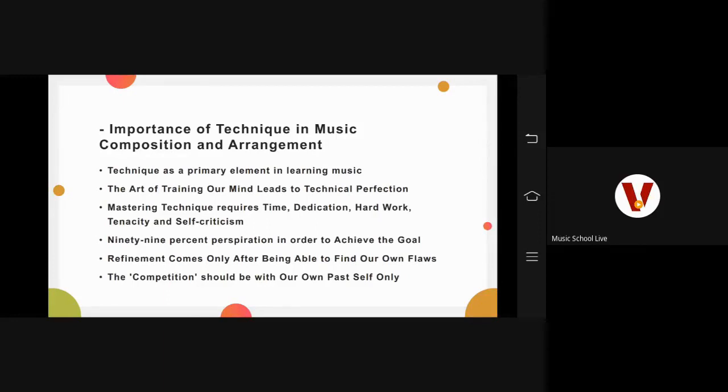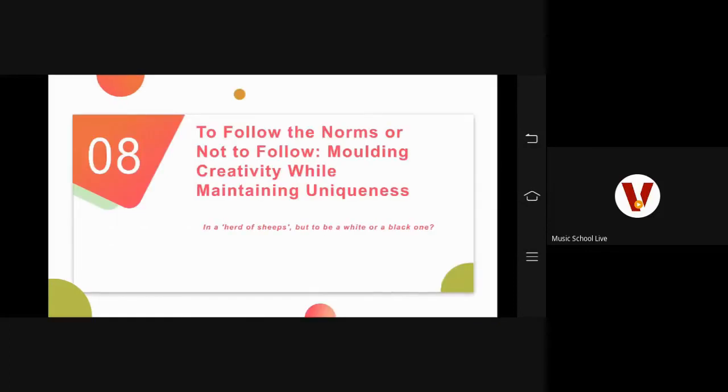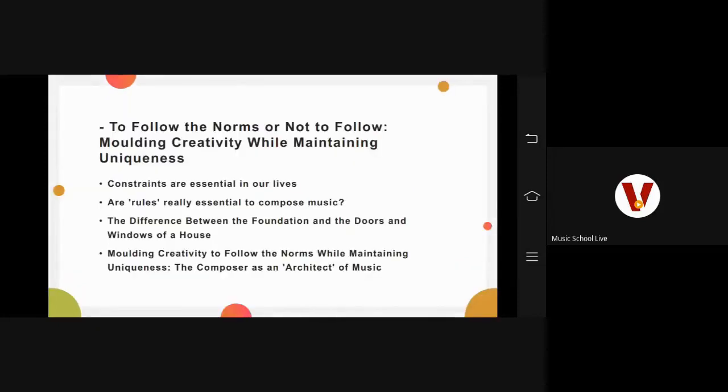In that way, if you take time and effort, if you wait and do hard work, you will definitely achieve technique. Next point, to follow the norms or not to follow, molding creativity while maintaining uniqueness. Okay, constraints are obviously a very essential thing in our lives, and when we follow norms, when living in a society,